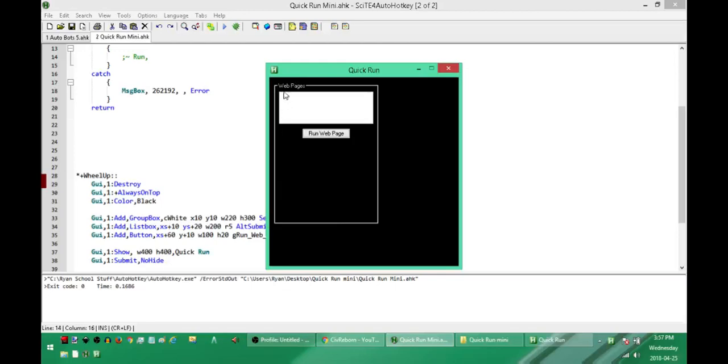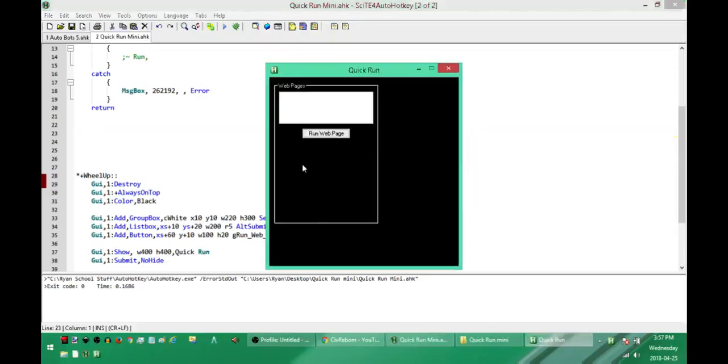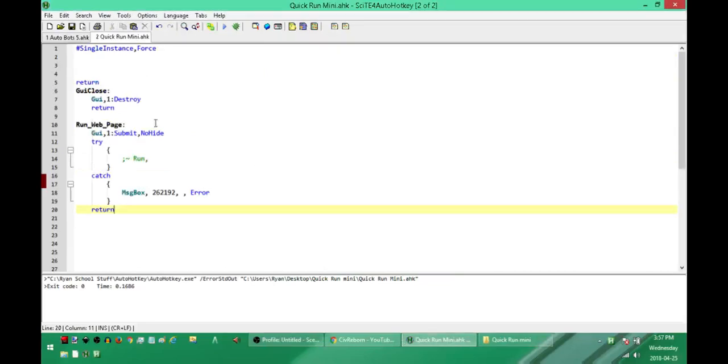Now what we need to do is actually create the lists that we're going to be using. There are multiple ways you can do this. You can have it set up so you're writing to an INI file or a text document. You can have it update. You can have sections within the program with an edit field, so you can add new things right from this window. But to make this video faster, everything is going to be hard coded into our script. So we're going to create lists within our script